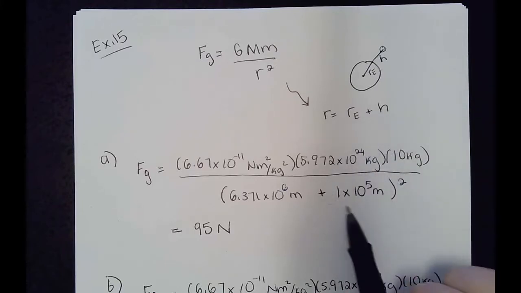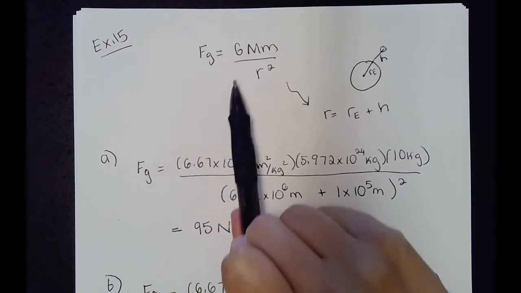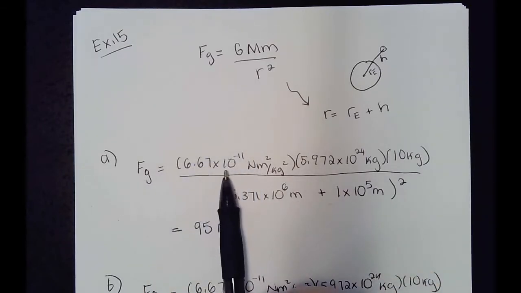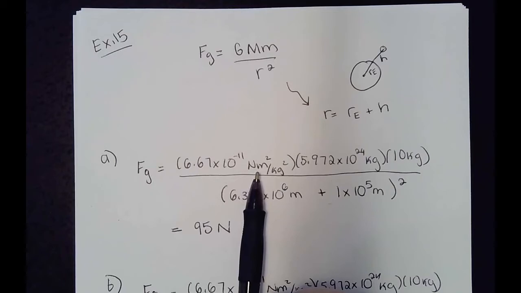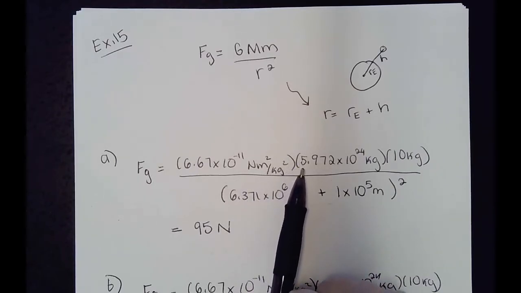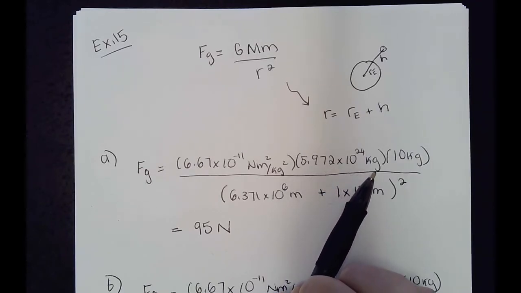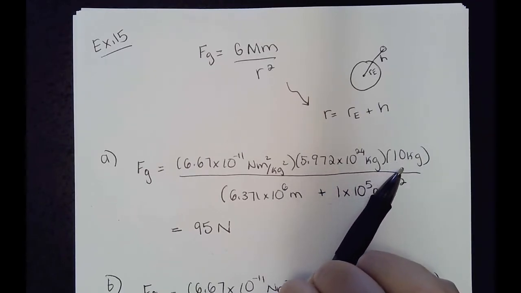And we can plug that right in. You could also solve that separately if you wanted. I've written this out already here. So Fg equals G, 6.67 times 10 to the negative 11 Newton meters squared per kilogram squared, times the mass of Earth, which we know now, 5.972 times 10 to the 24 kilograms, and then the mass of the 10 kilogram object,